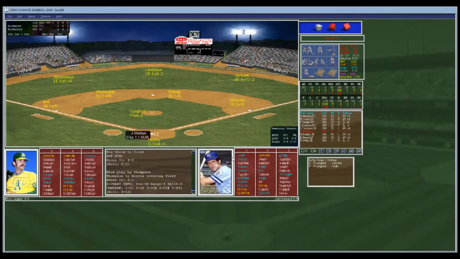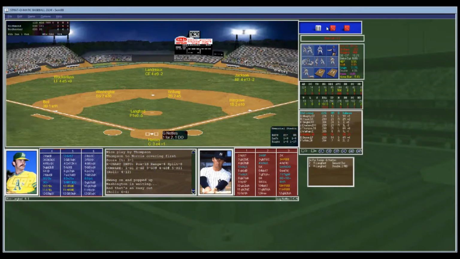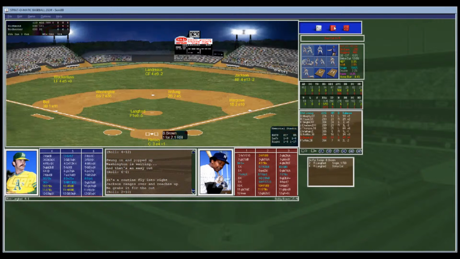Langford looks in. Here's the pitch to Johnny Wathen. And that's a pop to short. Washington is there. One away. Here's Nettles. He's 1 for 2, a double. Langford looks in, and the sign. Pitch to Greg. Greg, fly ball to right. Jackson there makes the catch, two outs. Here's Bobby Brown, 1 for 2 with an RBI. Langford with the windup and pitch. That will be strike three, he's struck out.